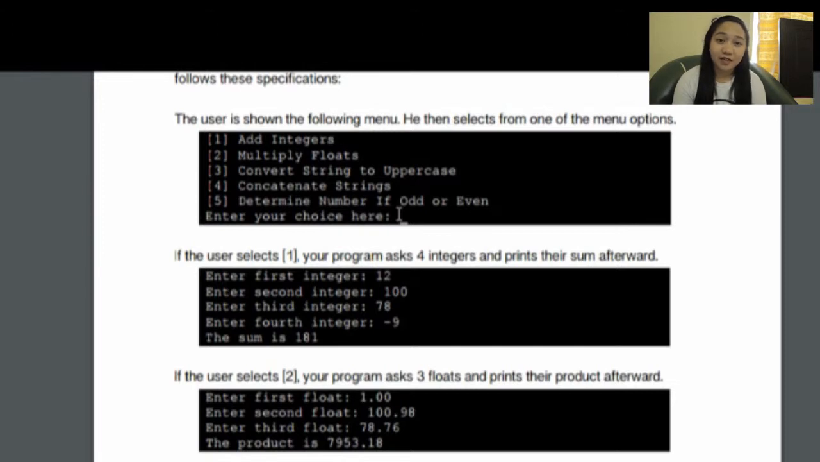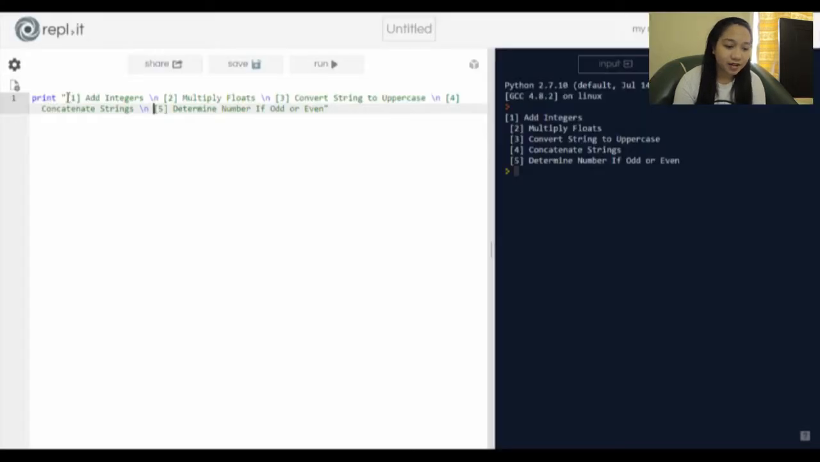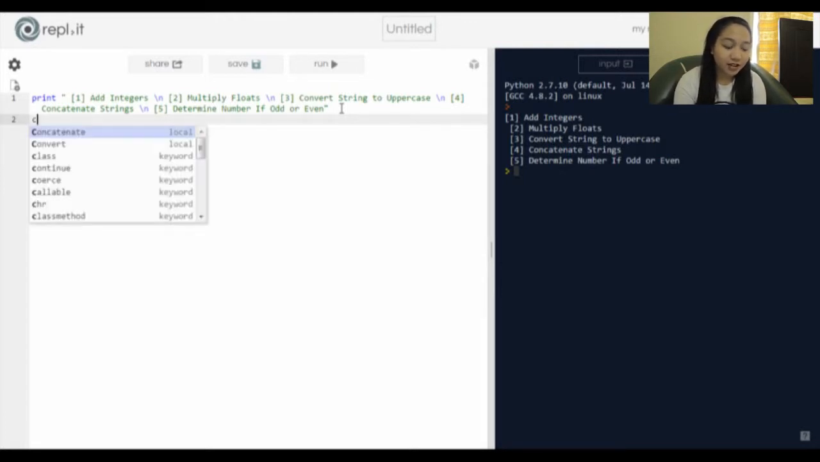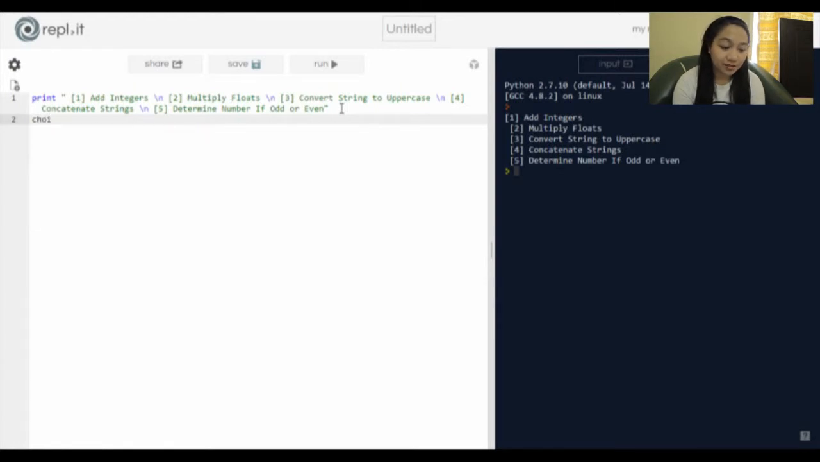Now the next step is for the user to be able to input a number that belongs to the choices. So what we're going to do is indent it so they will all be aligned. Then we're going to give a variable. The variable can be any word, but for me I will set the variable name to choice and then set it to input